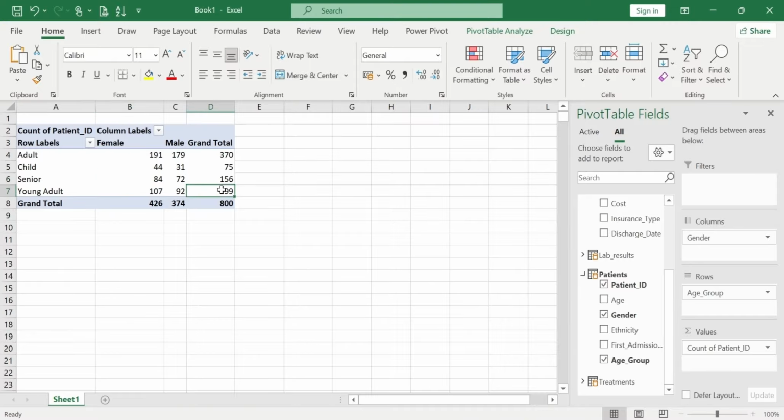On this part 2, we can say that out of the 199 young adults who came to the hospital, 107 of them were females and 92 of them were males. That's it. So when it comes to checking which gender dominates the hospital, you can check that